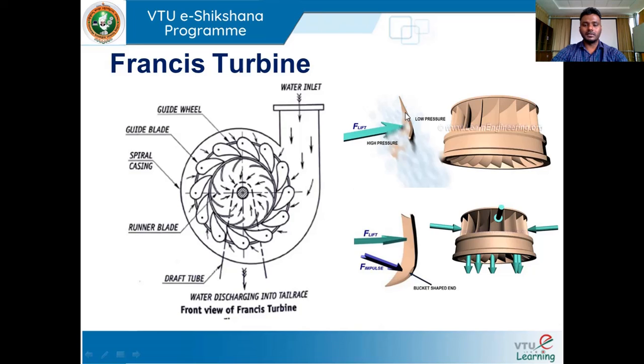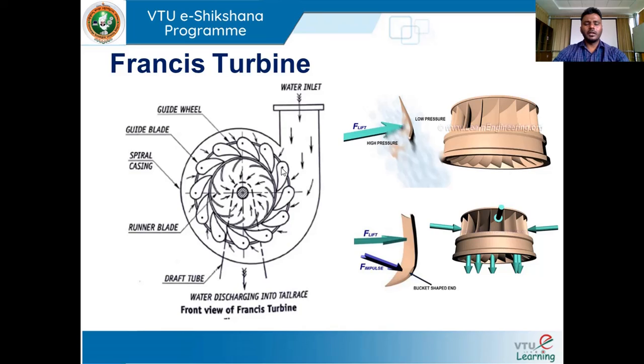So if you mount a number of turbine blades along this runner wheel, the runner wheel can be rotated at the required speed. We know that there is a shaft which runs from this turbine to the generator. That means the runner wheel will be connected to a generator via a shaft. Once the runner wheel rotates, it rotates the shaft, which is coupled to a generator, and then electricity can be generated with the rotation of this turbine blade.